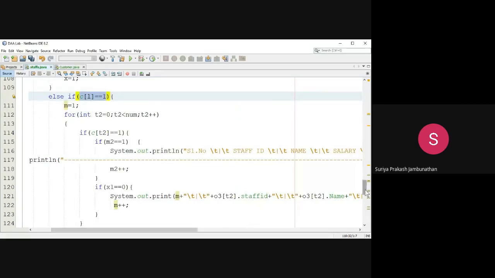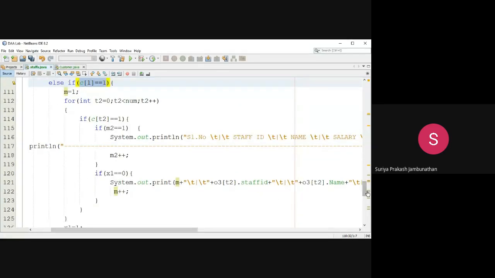Next, we are going again. We increment the T value, which was 0, to 1. We already displayed that one, so we move to the next iteration.